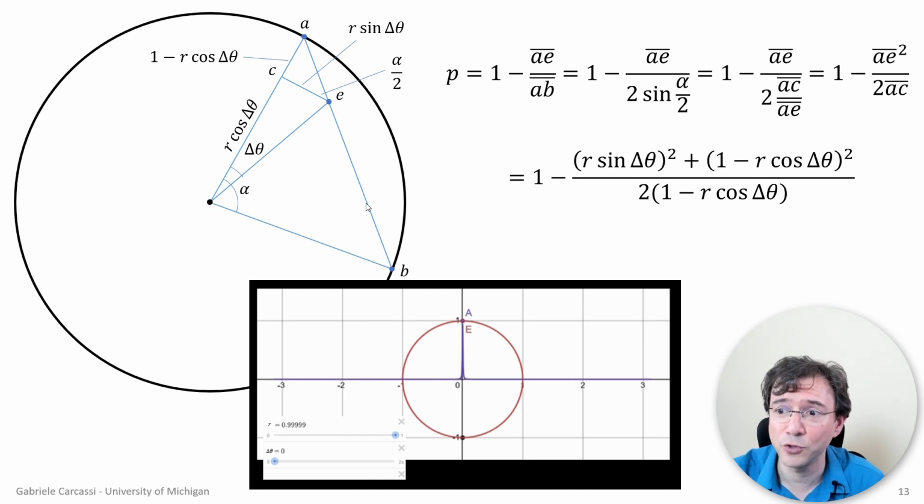Okay, so this is how you construct that quantity, how you calculate the measure. And this E is our target ensemble, the ensembles that we have. A is the point for which we are asking what is the probability of having A given that we have E. The way you do it is that you take A and E, you make a line, and then you have the other intersection B. Therefore, E can be seen as a mixture of A and B, and the probability of having A is this segment divided by this segment.